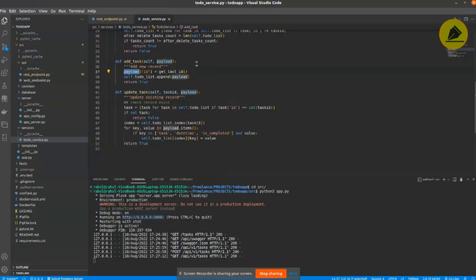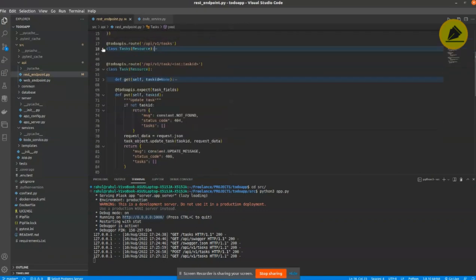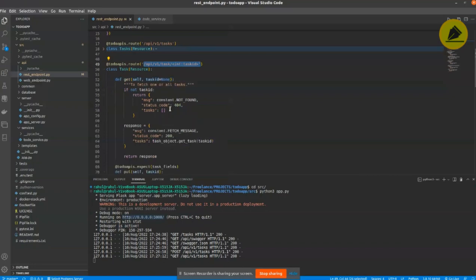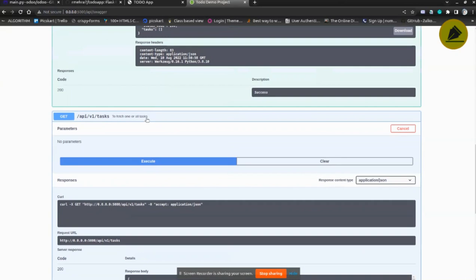So let me go through all the other APIs that we have inside the second class. This is the new endpoint that I created, that is based on the ID of any record, right? It is on the task level. So the first API is the get API to fetch any specific task from the database, right?